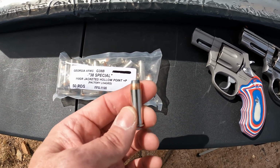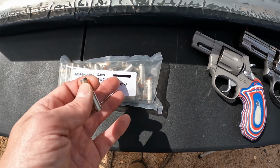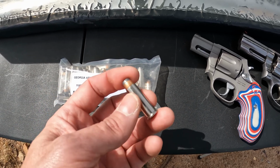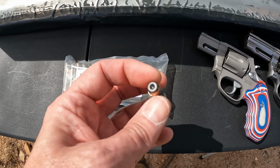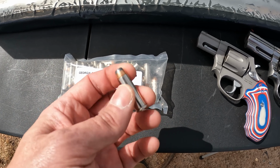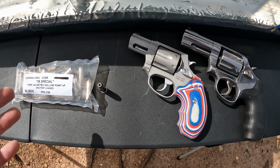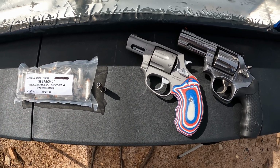But no matter what it is, hopefully we got enough speed to get these things performing well, and being that it's 110 grain, that's definitely a plus. Y'all know how 38 special can be, especially out of little snubby barrels. It's sometimes really tricky to get a hollow point to expand and get the penetration like it should. Now, they've got these things classified as like a training or plinking type of round, so I'm not sure what